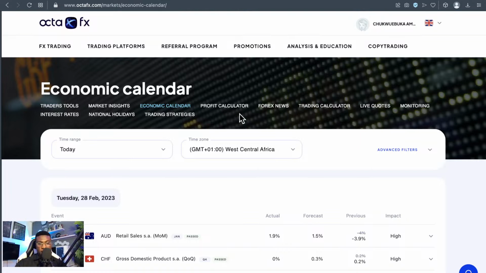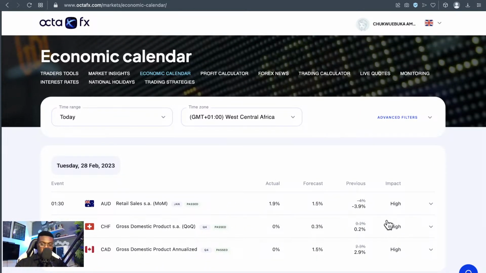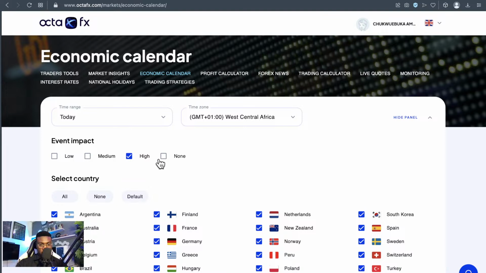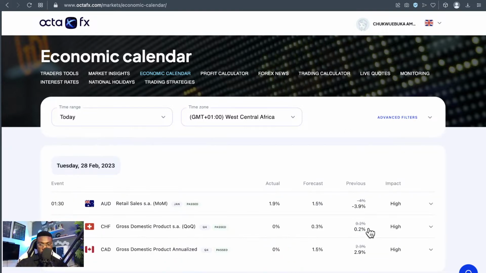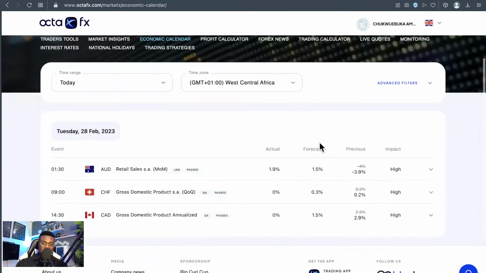So this is for high impact news alone. If you want to also stay updated with medium impact and low impact, you can click on these advanced filters and include medium impact and low impact. I personally don't really look at them because I just focus on high impact. As the name goes, it brings about high impact